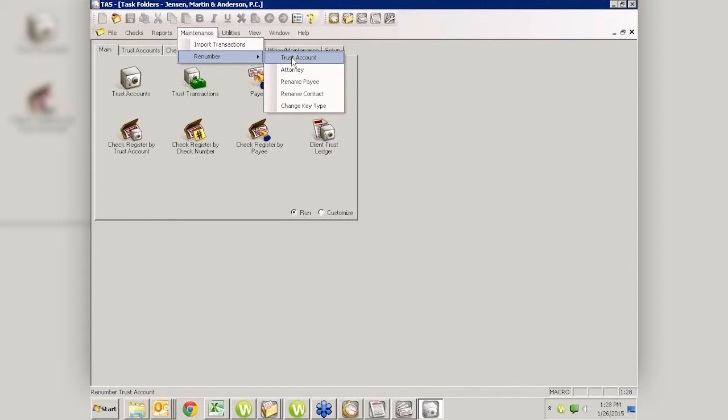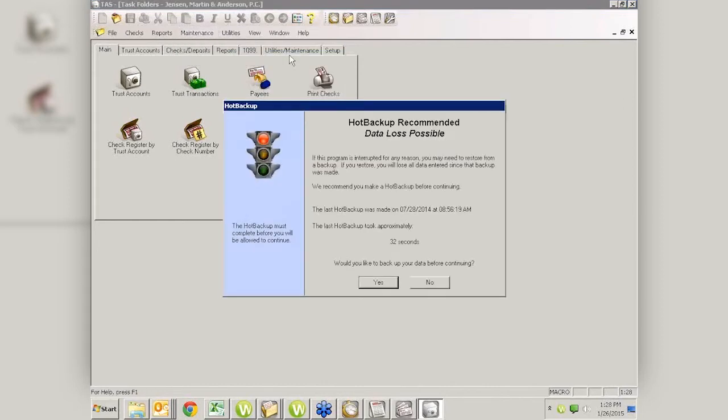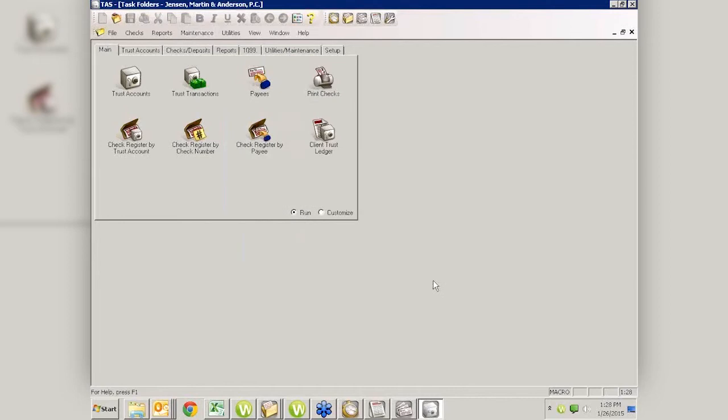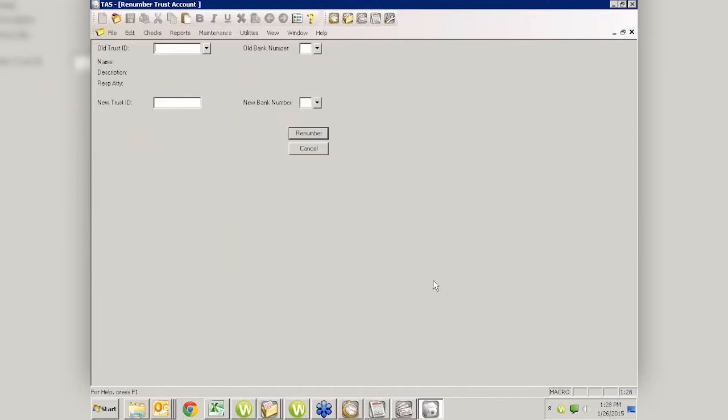Why? Because the trust account number corresponds with the client number. So if Paul Purdue is client number 101.01 in Tabs, he's going to be trust account number 101.01 in trust accounting. And if you try to go in here when you have Tabs and renumber a trust account, it's going to tell you,